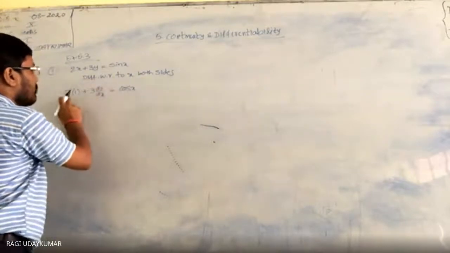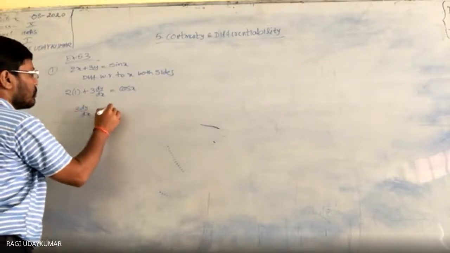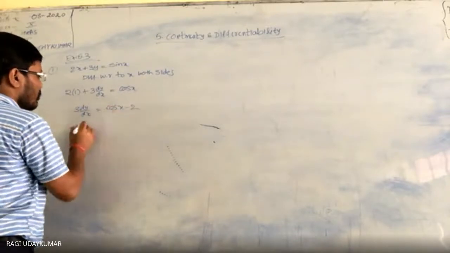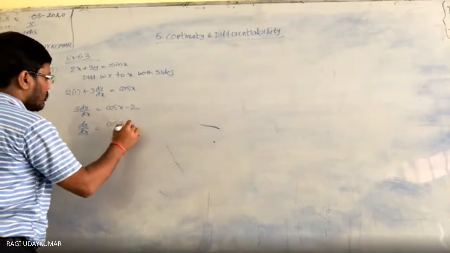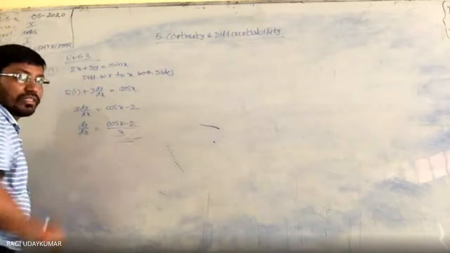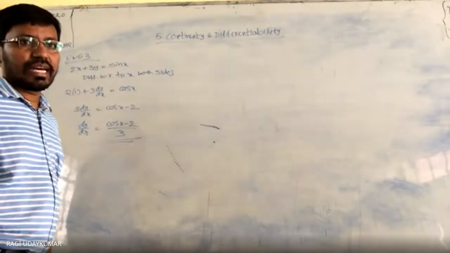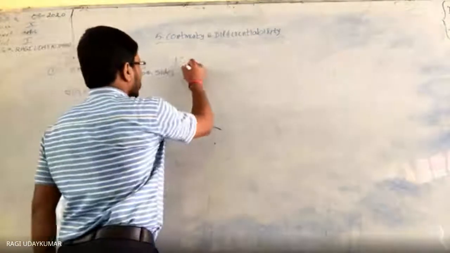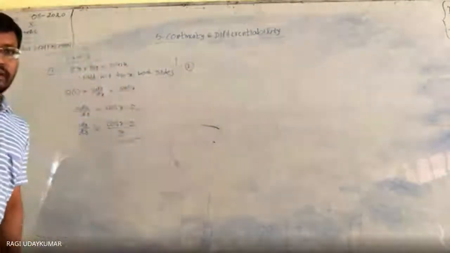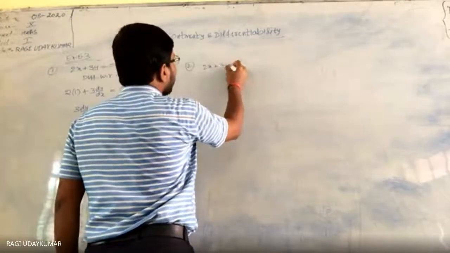And we need to find dy by dx. Take this 2 to the other side. 3 into dy by dx is equal to cos x minus 2. So dy by dx is equal to (cos x minus 2) by 3. So that's what this function is. Okay. Now if you see that second problem, this is an explicit function, and the next one, 2x plus 3y is equal